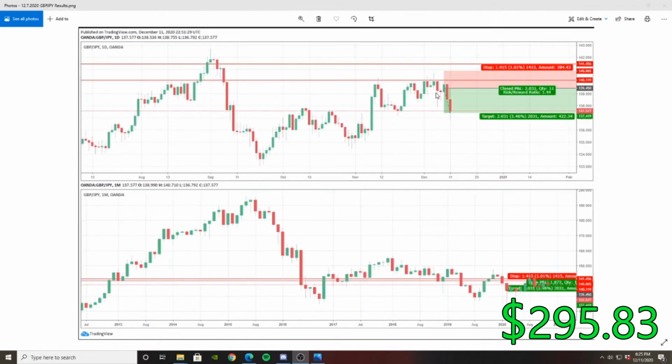On the day of entry, which was right here, so this is the 8th, price moved up and entered the zone right here. It stayed there for a while, and then towards the end of the day, it fell below the zone, and then the next day it was a big continuation downwards. Then the day after that was continued selling pressure straight into my take profit. So for this trade, I netted $29.21, taking my trading account to